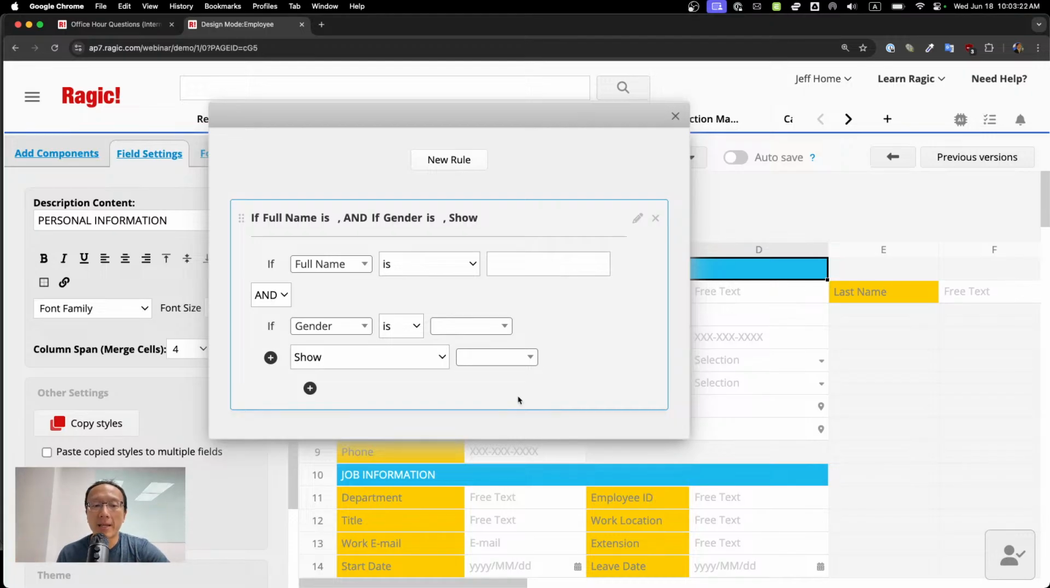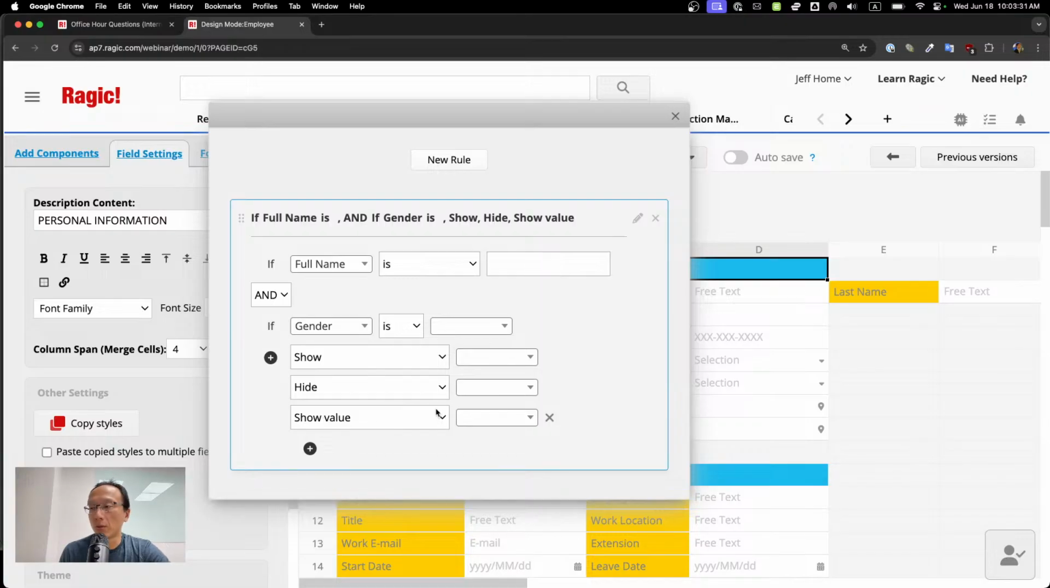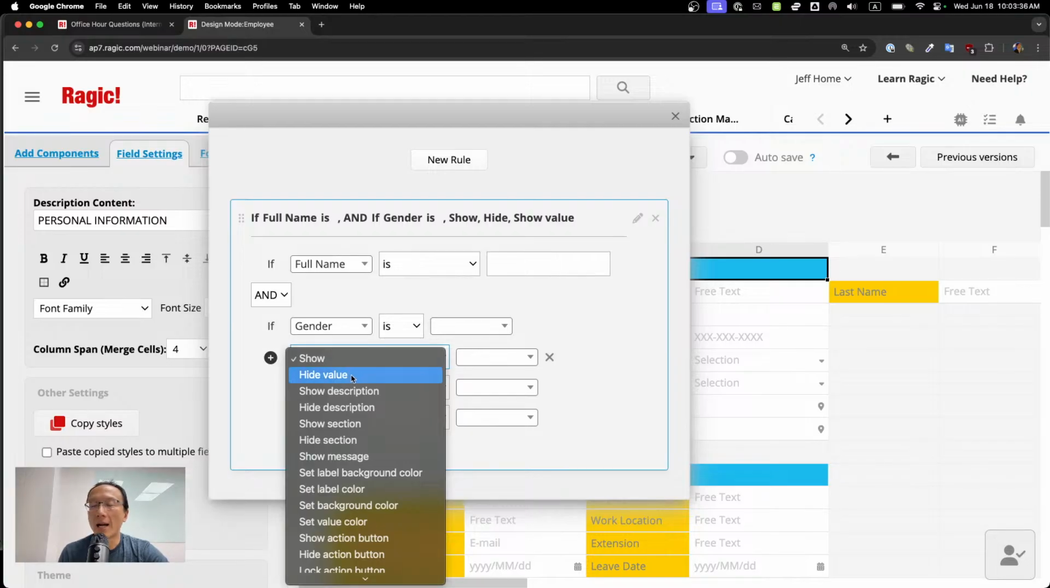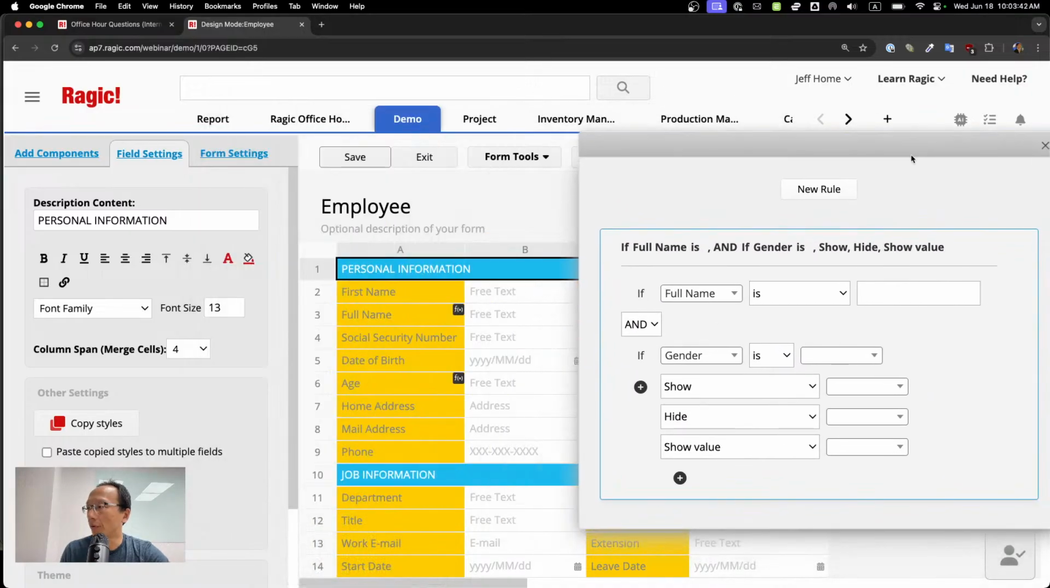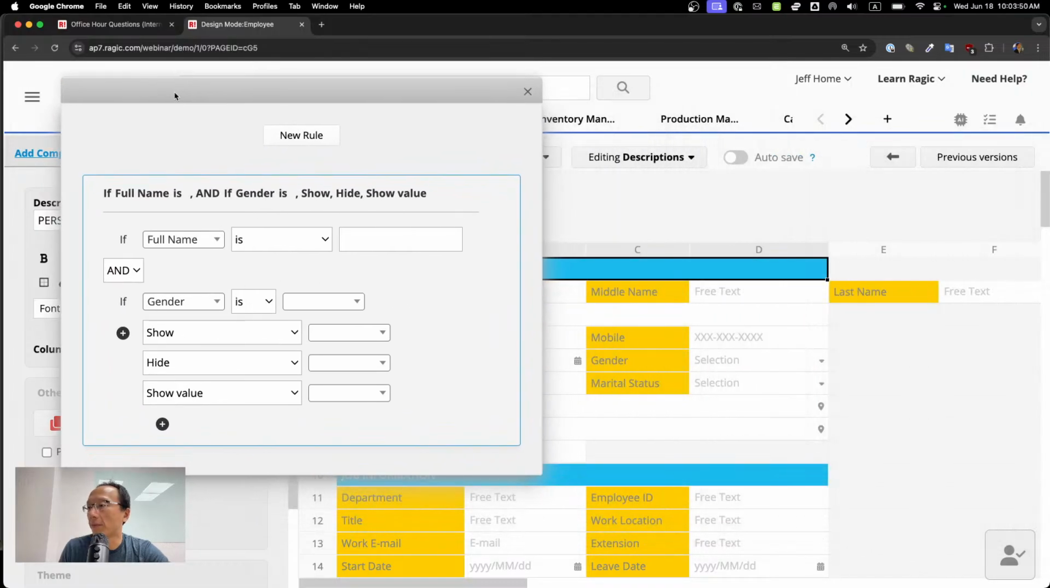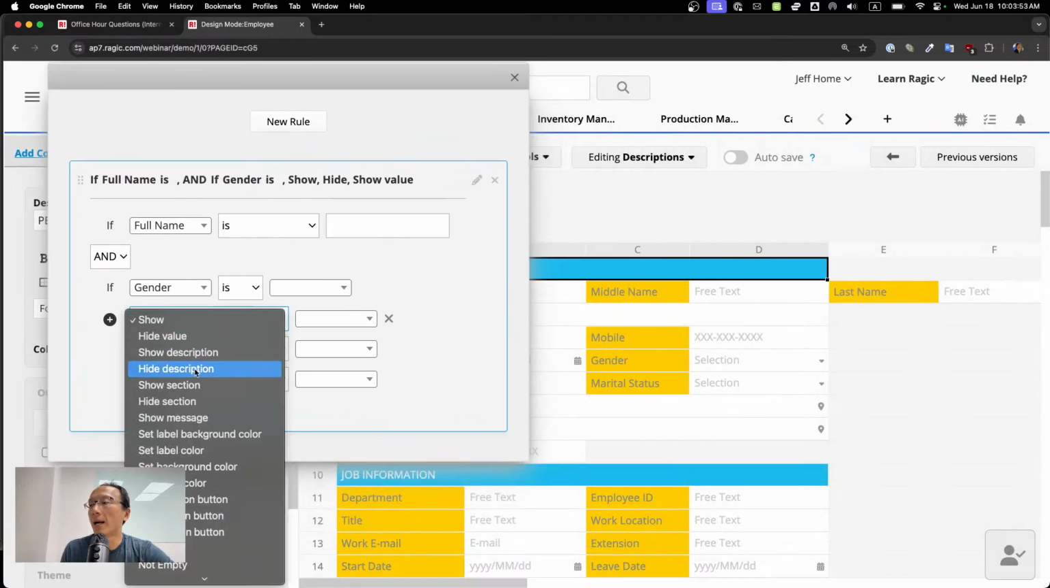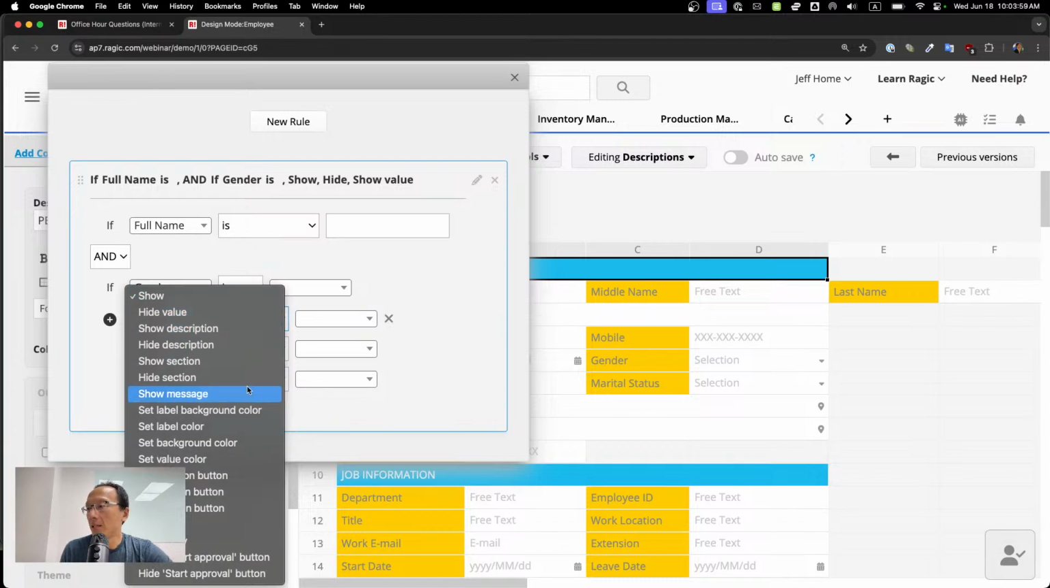There are a lot of formattings that you can choose for each conditional formatting rule. You can add multiple actions to one rule. The most often used is to show and hide fields or show and hide descriptions. By descriptions, we're referring to items like personal information. These are all just form design artistic elements, static elements of the form, and we will be able to show and hide descriptions, show and hide field values, and show some messages,